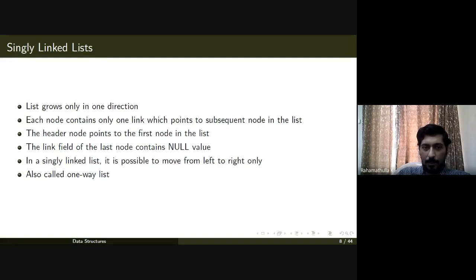So each node contains only one link in the case of singly linked list, and that link is pointing to the next node. And from our point of view, we'll say that it is from left to right. So as we have seen, the header or the name of the linked list is pointing to the first node. The link field of the last node points to the null value. That is also called a one-way list.